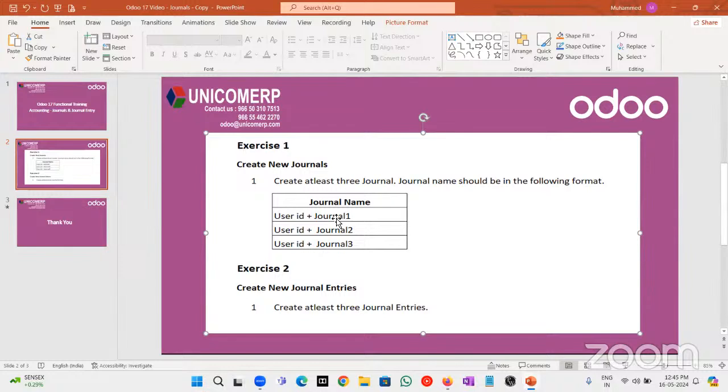Then you can give any name for the journal, maybe journal 1, journal 2, like that. And create a few journal entries under those created journals. So this is the basic idea for creating